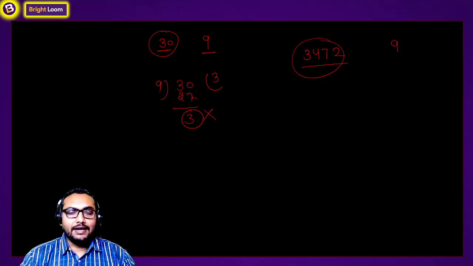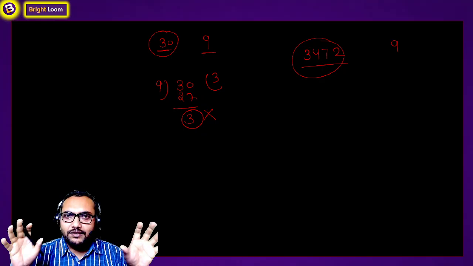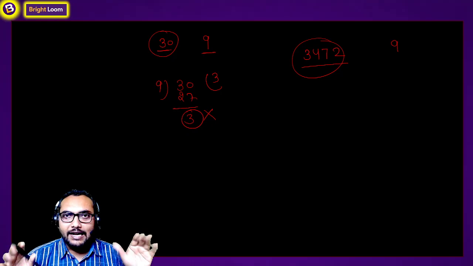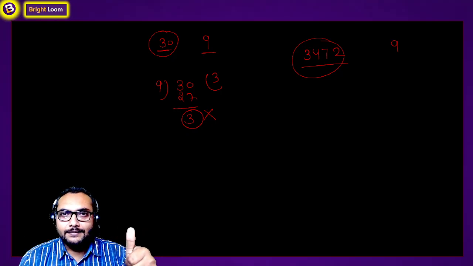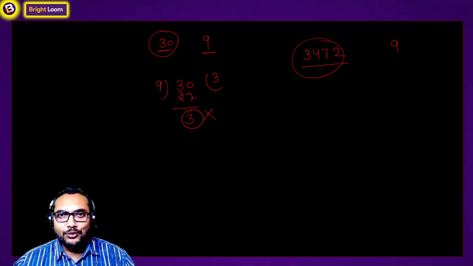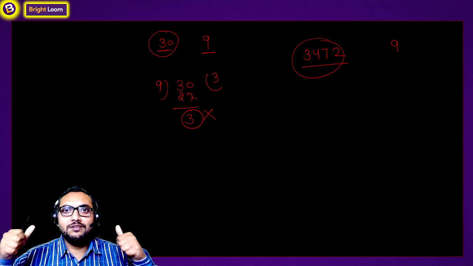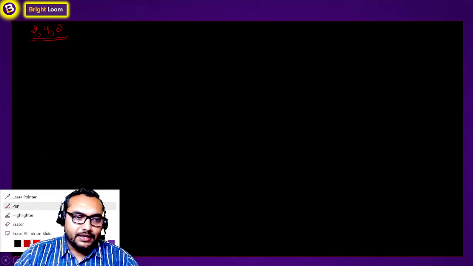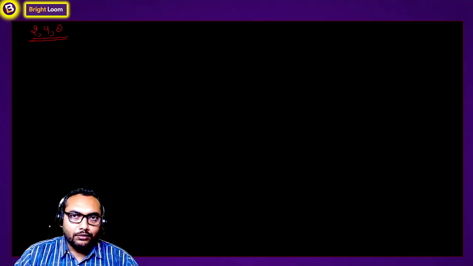Okay, yeah. So basically here, any guess what is the topic name that we are going to learn? I'm talking about the divisibility, right? And I'm talking about the rule. So the topic is divisibility rule. That's it. Yeah. Okay. So here we are going to learn about the divisibility rule. I'll be starting first of all with the divisibility rule of 2, 4, and 8. And then after that I'll be letting you know the divisibility rule of 3 and 9.